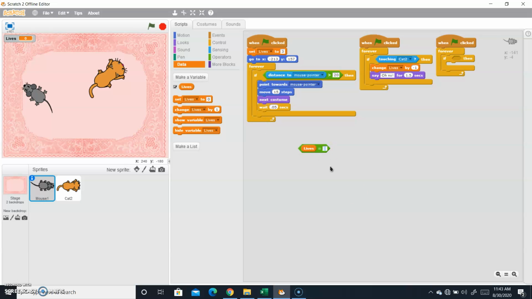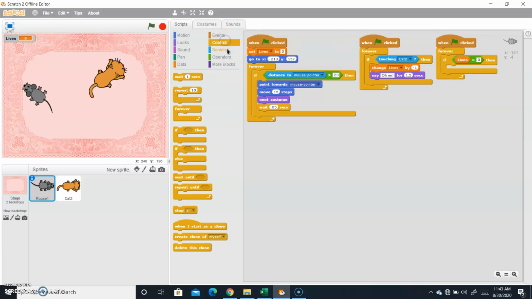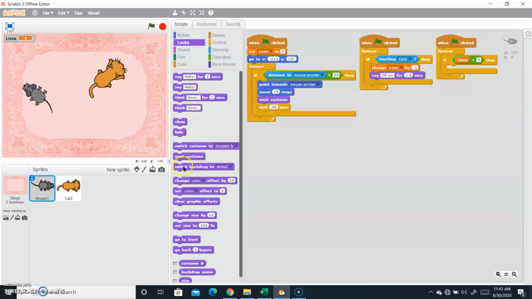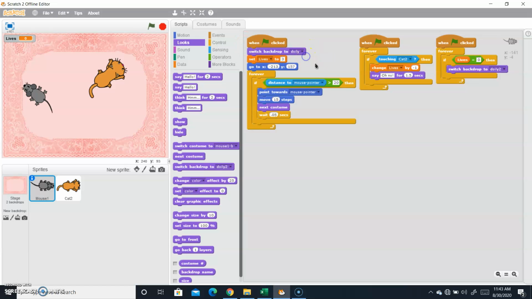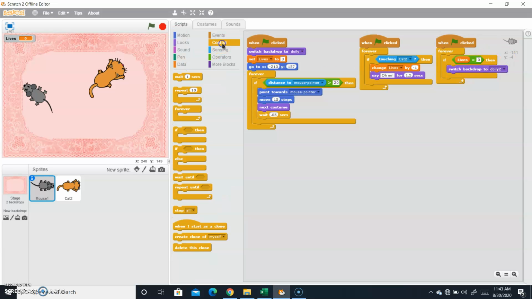If lives equal to 0, change backdrop: go to looks, switch backdrop to Dolly 2. Here in the mouse one, when green flag clicked, it should switch backdrop to Dolly. Now here we want control and stop all.